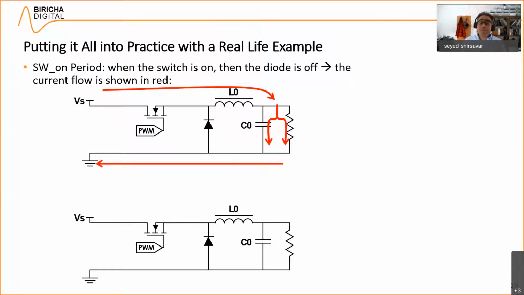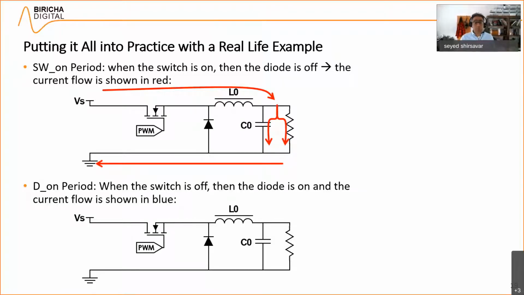During the switch off period or D on period, when the diode is on, the switch is off, right? So there's no current flowing that way. And then the current looks like that. The current goes from there to there. Then again, it splits just like so from here to here. Then it rejoins and it goes there. So we've got one loop that goes this way. We've got another loop that goes this way. We've got one loop that goes this way, down through the cap, and another loop that goes here, down through